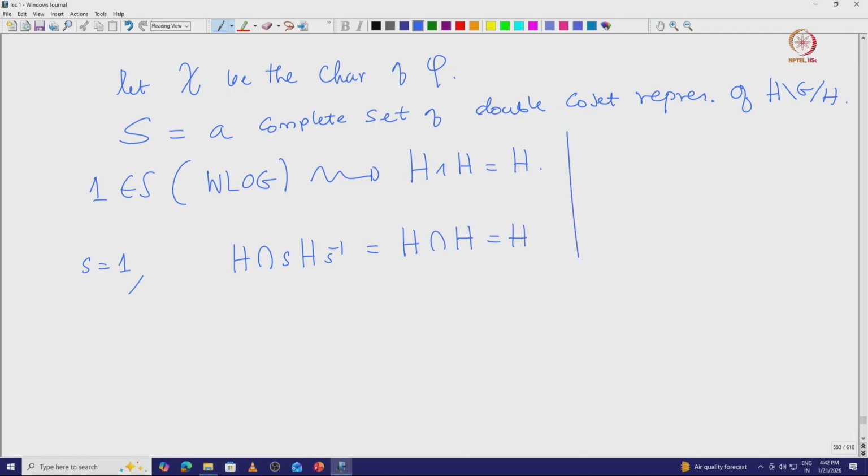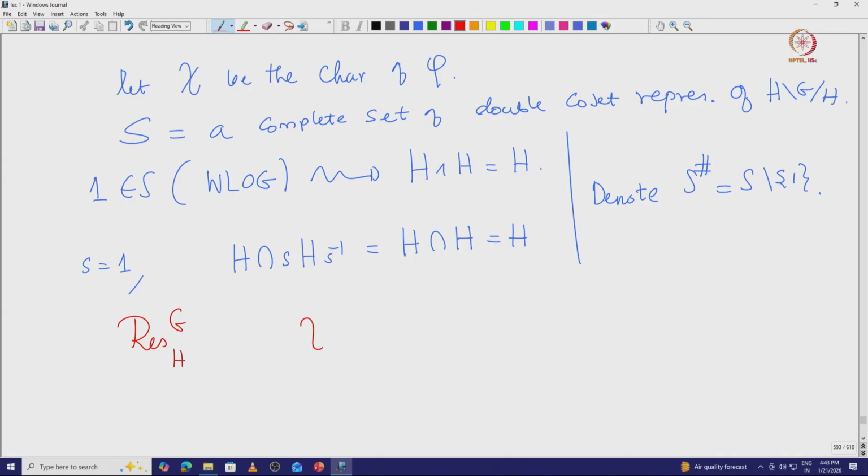So, now denote this S hashtag to be all the elements which are not 1 from S. So, now let us rewrite the restriction applied on the induction of chi. So, using the earlier observation, if you compute this character,